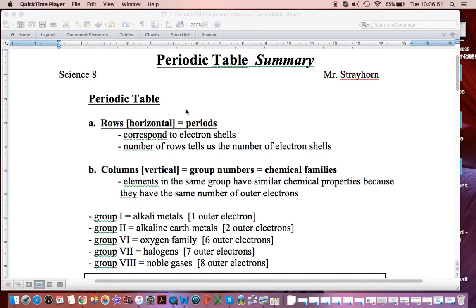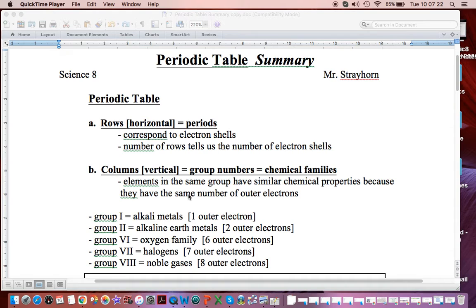First thing you should know is that rows are called periods on the periodic table. This is where the word periodic comes from. As you go up in atomic number, periodically, or every so often, you run into the same property, like for the alkali metals. Now, each row corresponds to another layer of electrons, or electron shells. So if you have an element in the fourth period, or fourth row, it's going to have 4 layers of